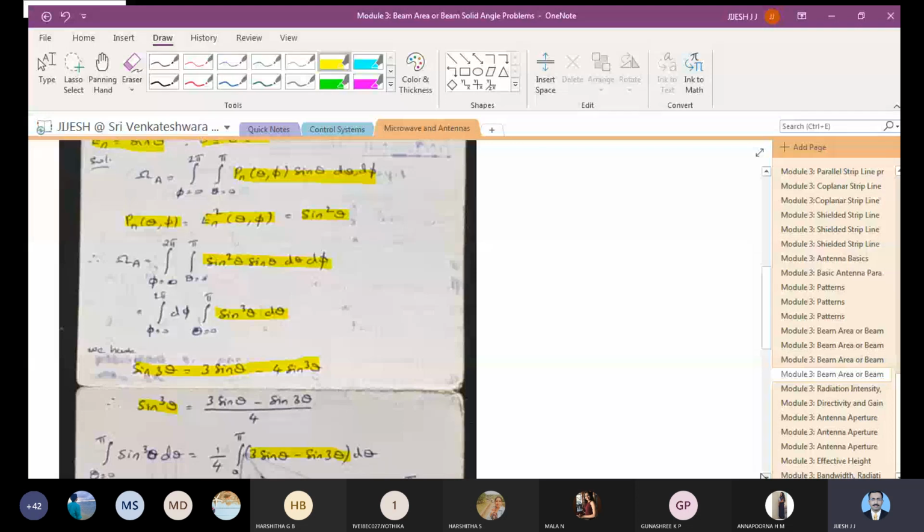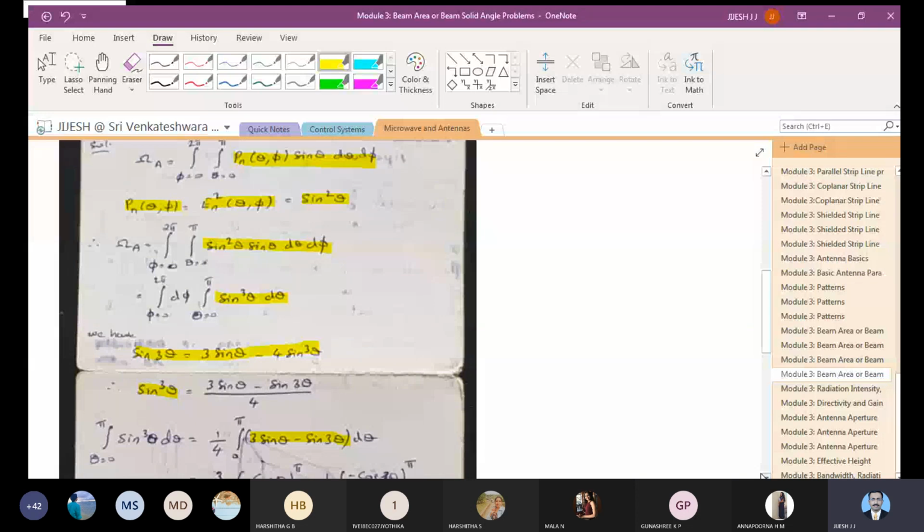Go back to the integration wherever you have studied. Just go through the basic equations of integration. It will be helpful for you. It may need at least half an hour just to go through those things. Please go through those small concepts, whatever you have learned before, and it will help you simplify it faster. So the integral of 3 sine theta minus sine 3 theta, you will get as cos minus cos